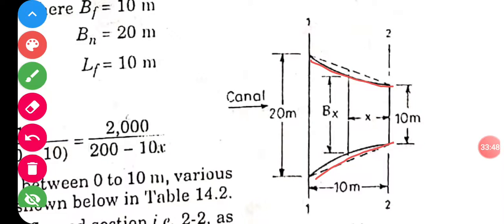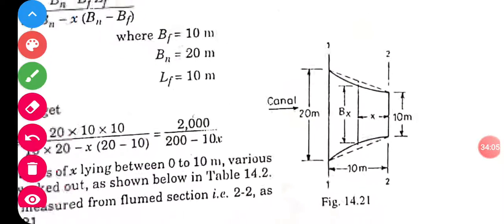Now I have already told you this splay is given here. What is the ratio of this splay? The ratio of splay along the forward direction is 2, along the counter direction is 1. So it is here 2 and here it is 1. Like that it is given, so that one can be done. Let us see how it is calculated.